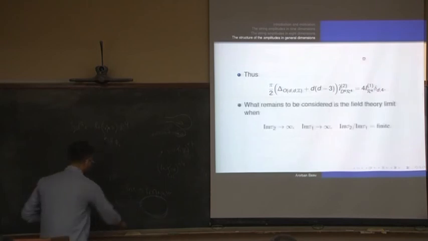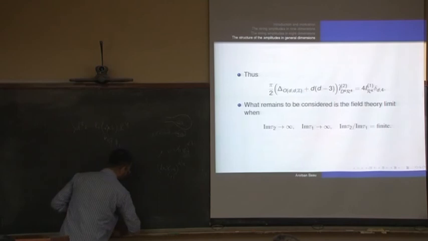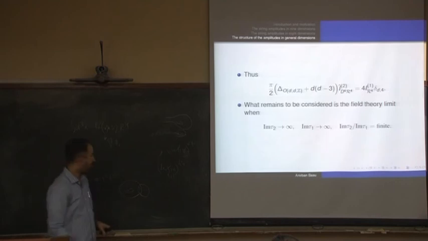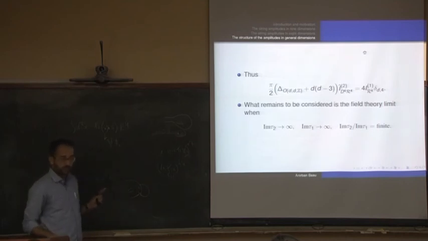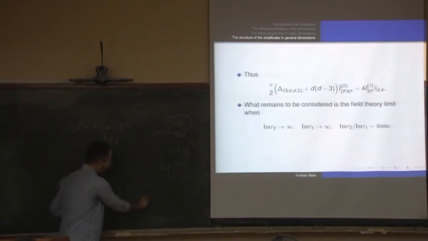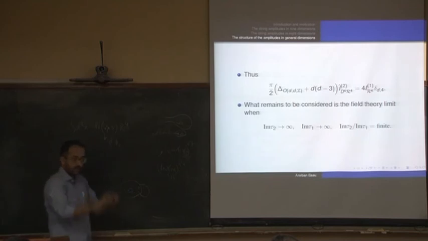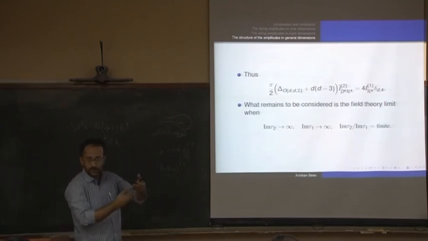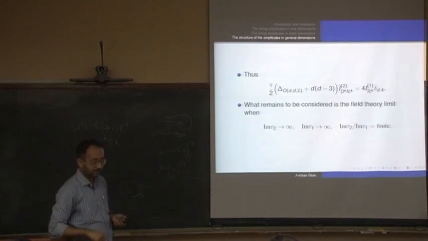So of course, this was this limit. Let me just draw the diagram. This was the limit where we have this kind of a node here of the non-separating limits. But what about the limit where this one also shrinks? So first I go to the boundary of the tau 2 moduli space. Then I go to the boundary of the tau 1 moduli space. And that is precisely the field theory. Because then you have imaginary tau 2 going to infinity, imaginary tau 1 going to infinity. These become the two Schwinger parameters of the field theory. But the ratio of imaginary tau 1 to imaginary tau 2 will be finite. So this is the field theory.